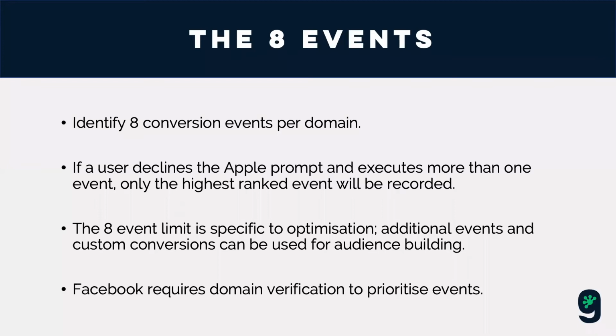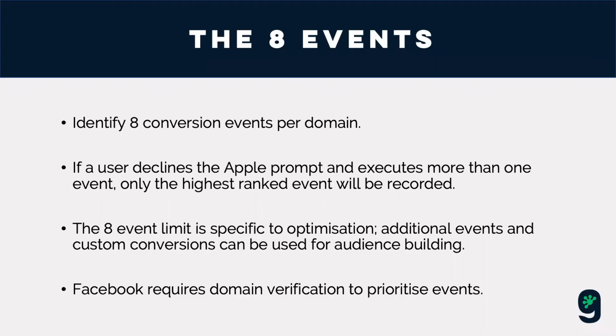So let's look at a customer journey for a typical e-com purchase. Someone visits your site, they go through page view, they look at a product page that triggers the view content action. They then add that product to cart, and they then initiate checkout. And then if they purchase, if they've opted out of tracking, you'll just see that purchase event. So we don't lose complete tracking visibility when someone opts out. It's just limited to one event.